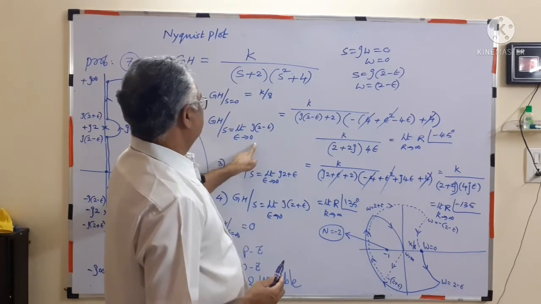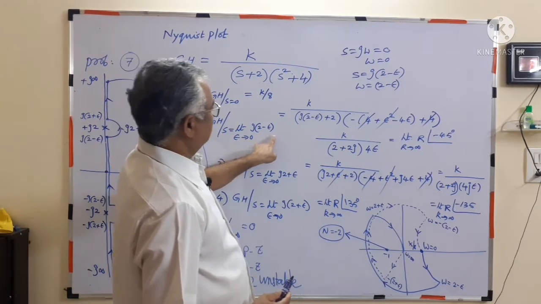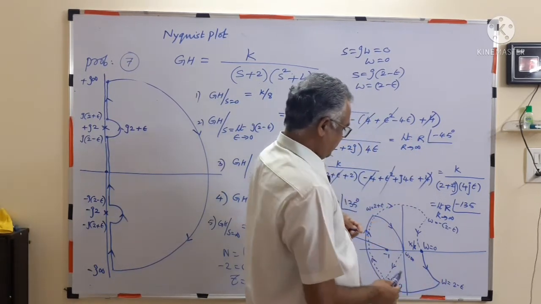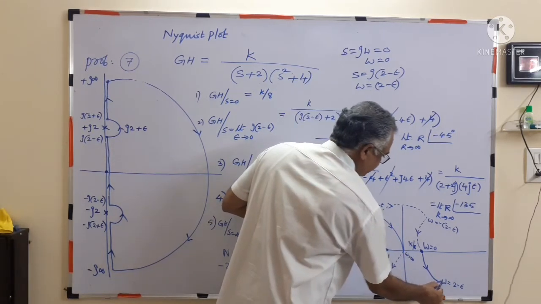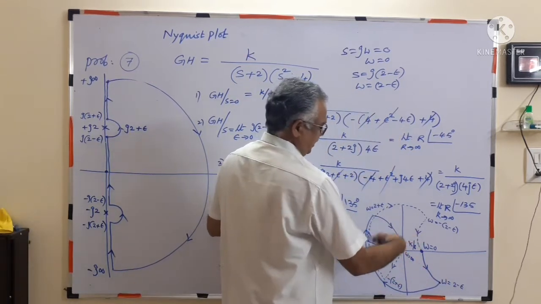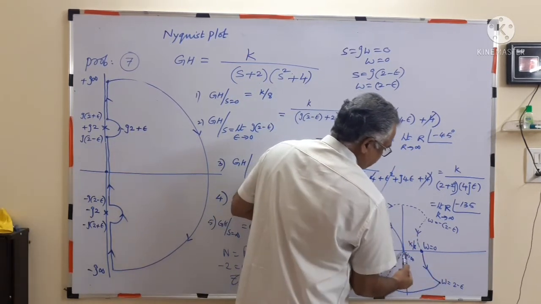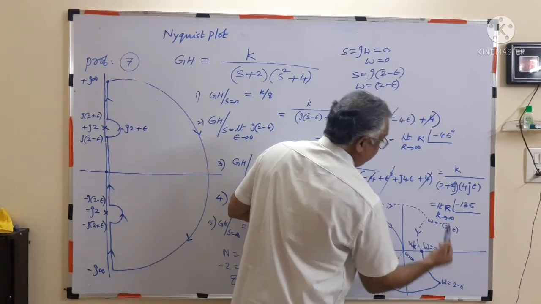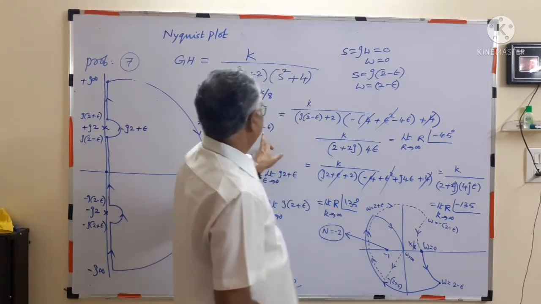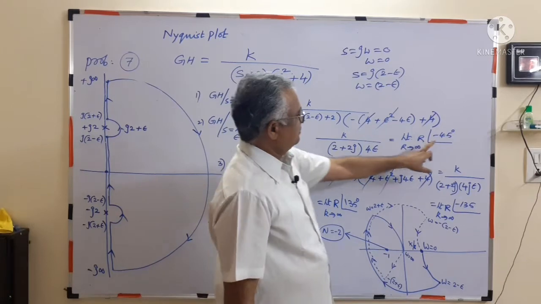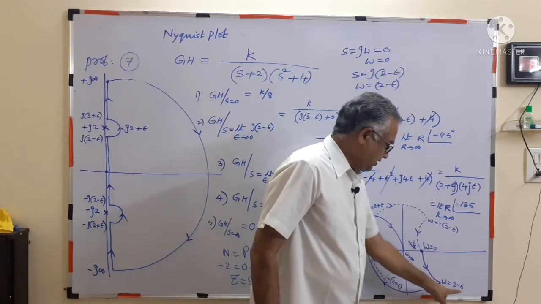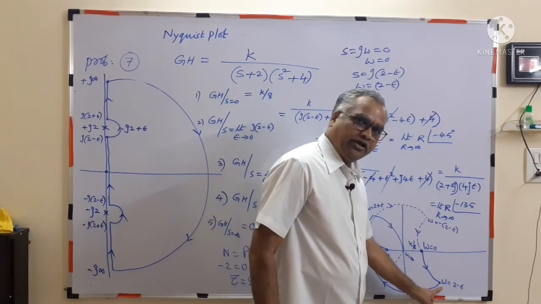Second, omega equal to 2 minus epsilon, what did we get? A bigger circle with minus 45. So this point, if I project, what is this angle? Clockwise is negative, so minus 45. What is this distance? Strictly speaking, this distance is infinite, because r is infinite. Bigger circle. Now at a frequency of 2 minus epsilon, we are getting an angle of minus 45. So if you imagine a line at minus 45, on that line this point should be located.